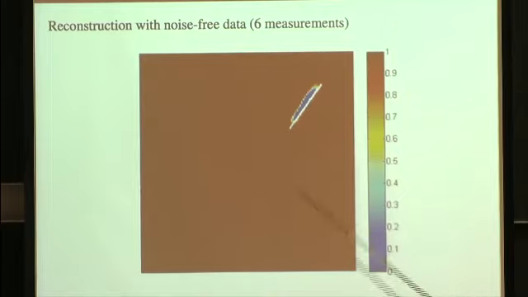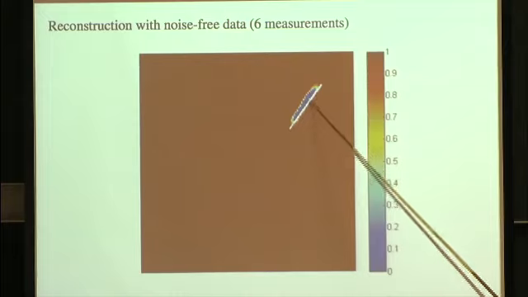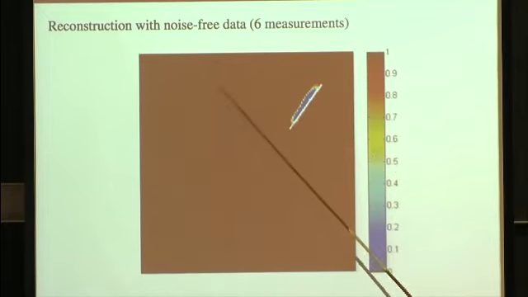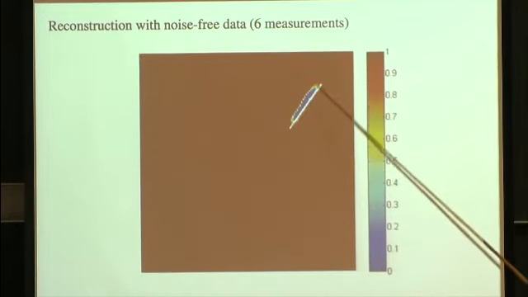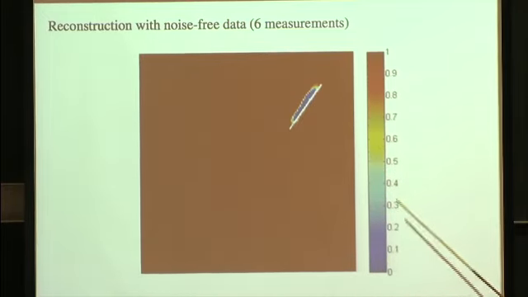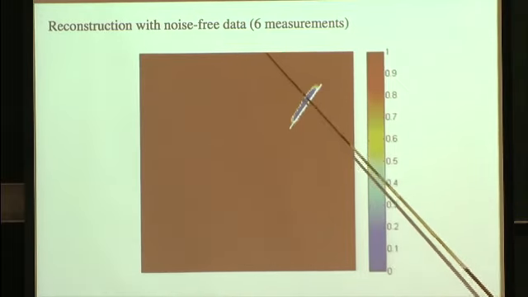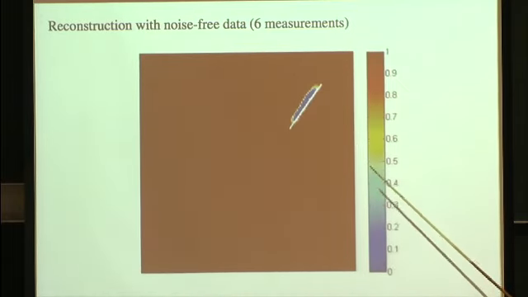The white part is the crack to be reconstructed. What is depicted here is simply the final phase field, where blue is 0 and red is 1, and clearly you can see where something is happening. This is the reconstruction with noise-free data,